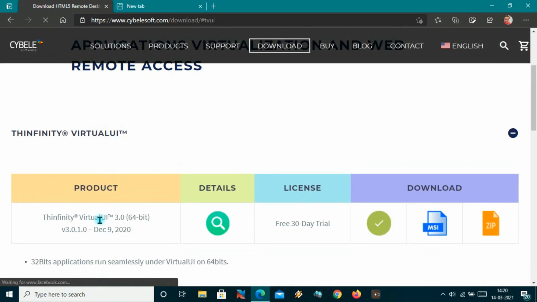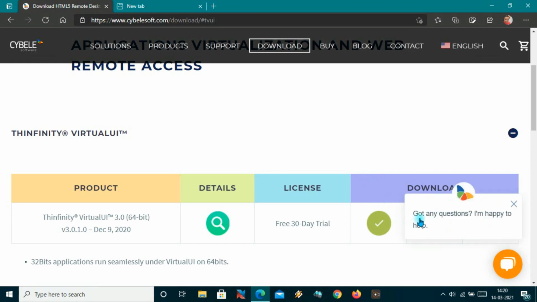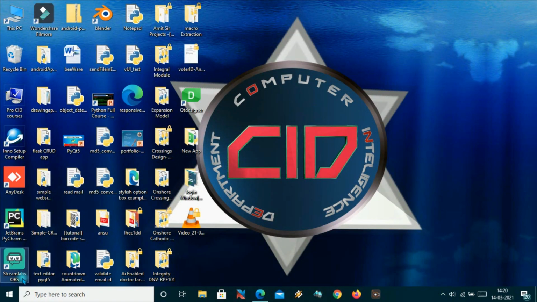Just click on it and you can get the version appropriate for your computer system. I have 64-bit, so I have downloaded it already. You can download its MSI or zip folder. After downloading, just install it as you install any software. I have already installed it, so I'll just show you.